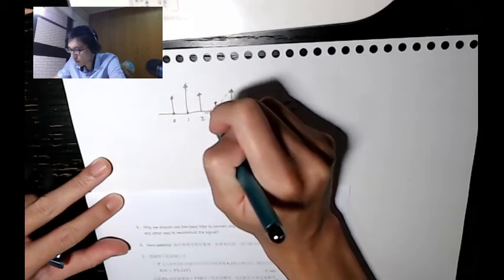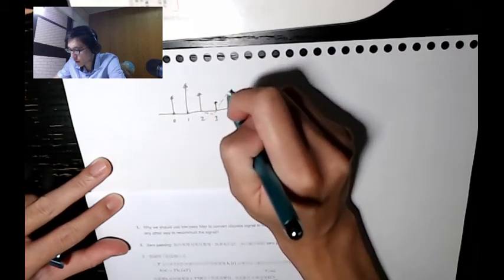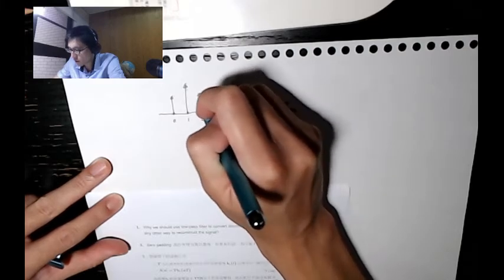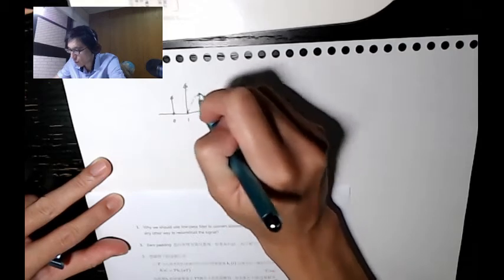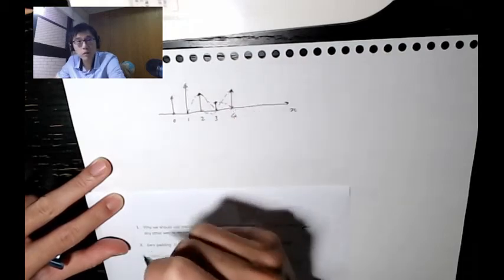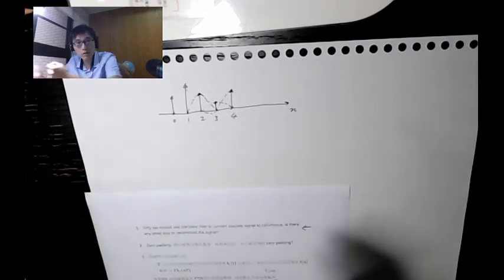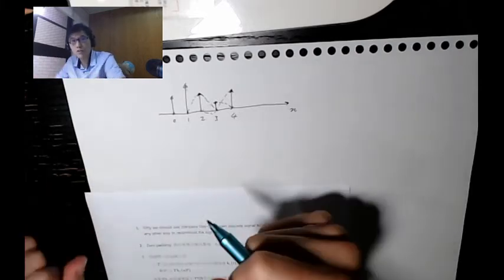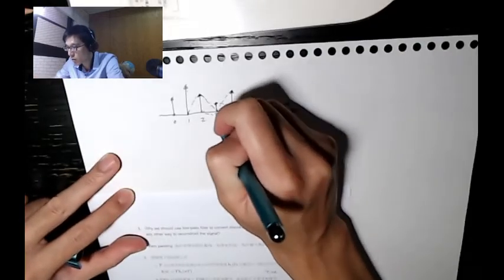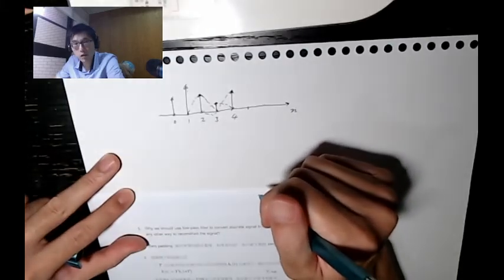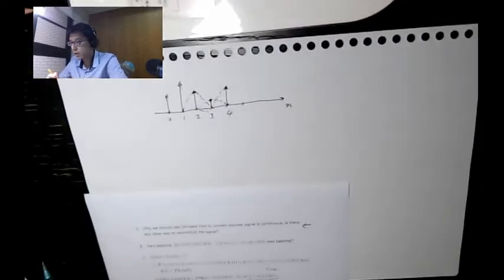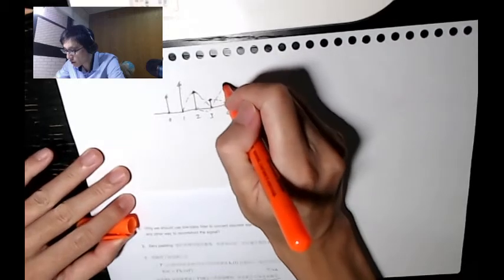We want for every spike in the time domain to place a scaled copy of the sinc function, and the sinc function has a property that it is 1 somewhere, and it crosses 0 exactly at integer multiples of the sampling period. Of course you can scale it, and you can also stretch the sinc function in time, but here we stretch it so that exactly the 0 crossings are aligned with the integer multiples of the sampling period. So we place them all together, and you see the net effect would be an interpolation, right? If you add all the sincs together, you see interpolation.